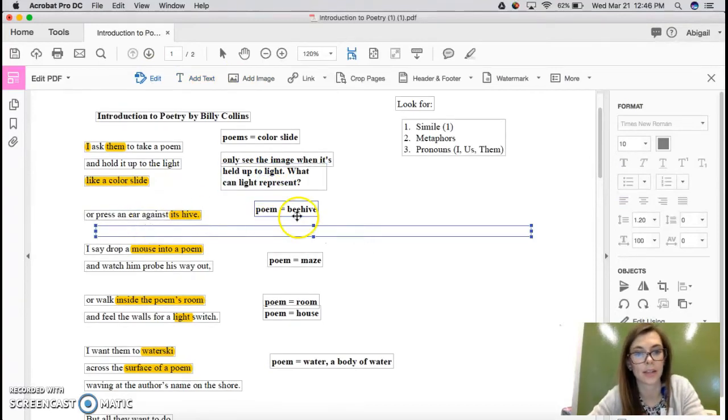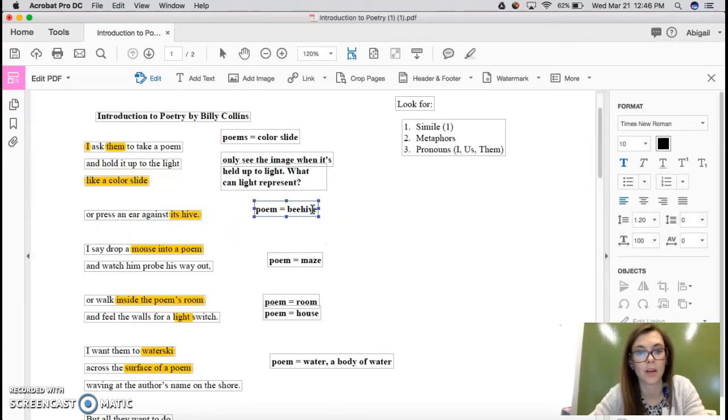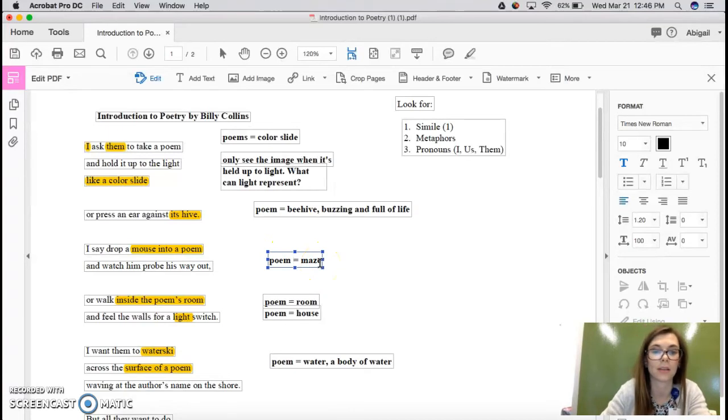For the second stanza, poems become a beehive. When we think of beehives, I think of buzzing and full of life. When we talk about the maze, a maze is something to be explored, and the poem is also.